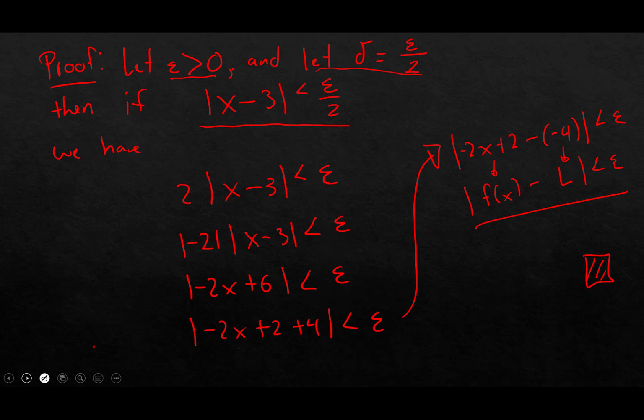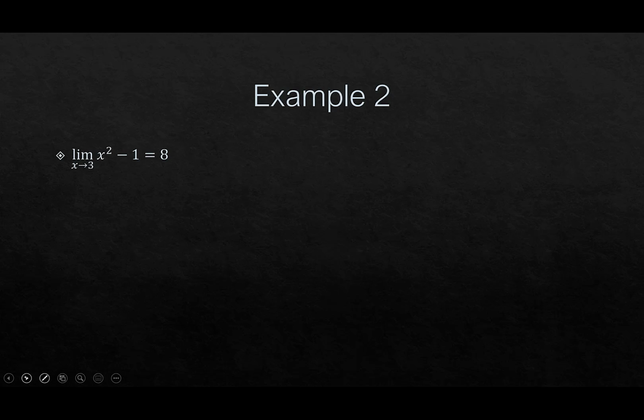Okay, so let's see another epsilon delta proof, and this one has actually a little bit more spice, and we'll see why in a second. But in any case, we're going to prove that the limit as x approaches 3 of x squared minus 1 is equal to 8. Now this is another example where if you just use the direct substitution property, you'll see that this limit is 8 because 3 squared minus 1 is equal to 9 minus 1, which is 8. But how do we prove that precisely, though? How do we use the epsilon delta definition?